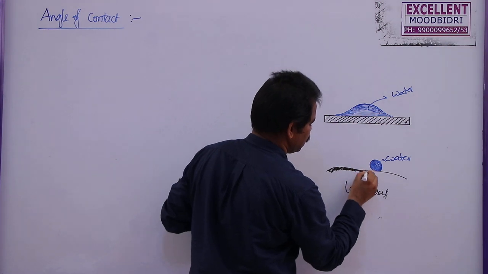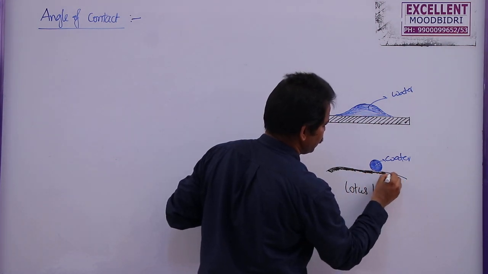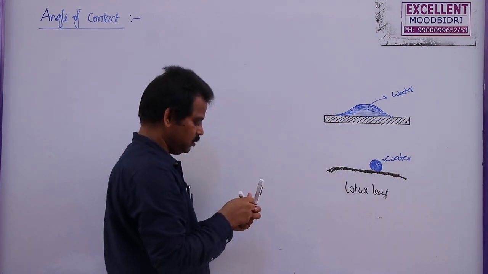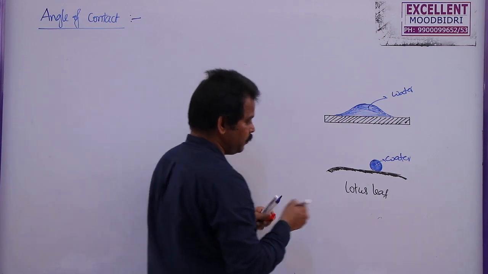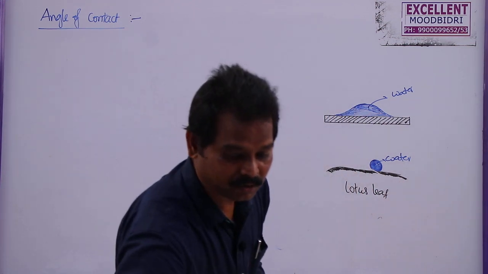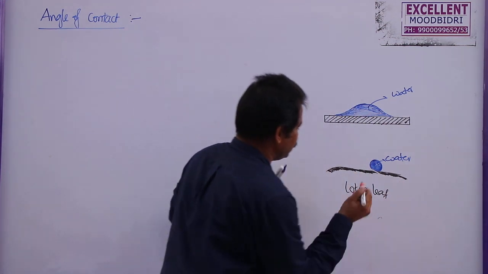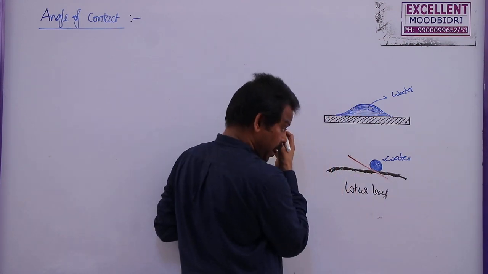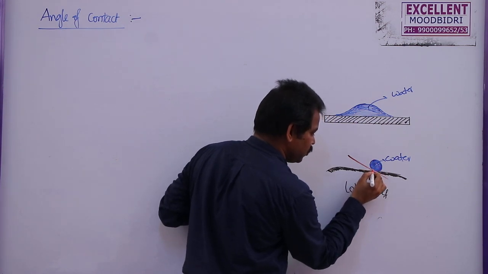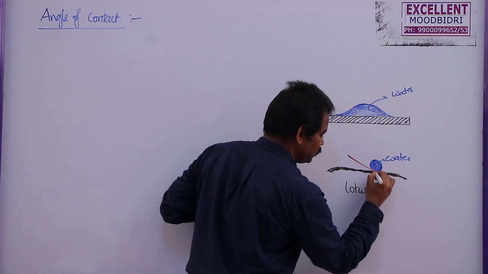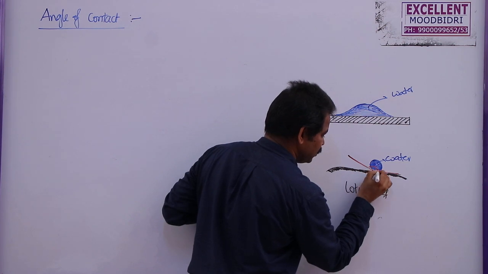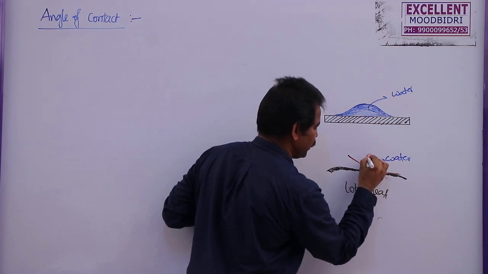So this is the lotus leaf here. So lotus leaf is the solid surface here. So for this solid surface, there is a point of contact between the solid and liquid. So this is the tangent here, the tangent drawn at this surface. So if we draw the tangent, the angle between the tangent drawn to the liquid surface with solid surface at the point of contact with this solid surface measured within this liquid is called angle of contact theta.